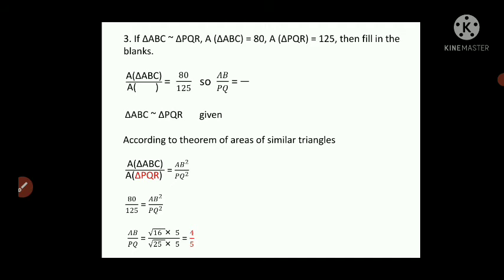And again see here, when we take 25 into 5, I can cancel down 5 and 5 from the numerator and denominator. So the final answer is 4 upon 5. Now we have done some working part here. No need to do it, because in the activity you have to fill only the required blanks, whichever is asked, that only you have to fill. So now we'll move on to question number 4.